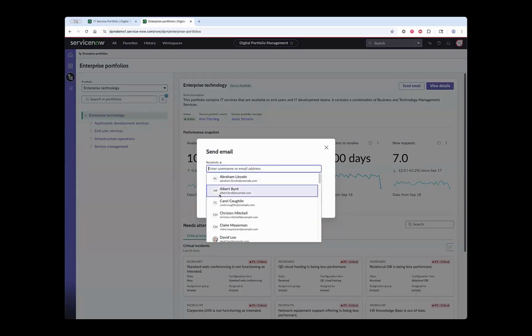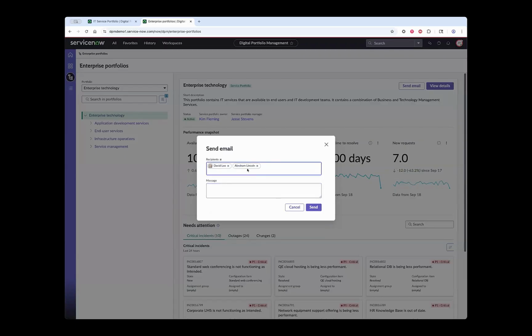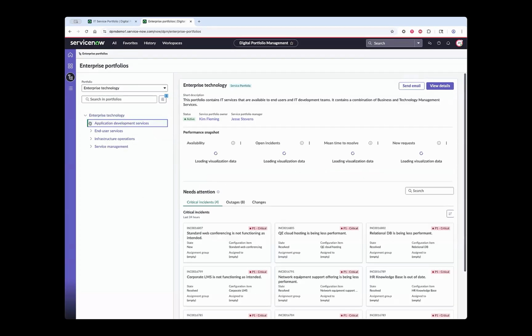So you can set in different recipients. You can set in multiple folks as well. Let's bring in David, let's bring in Abraham. You can send in any message to them like, hey, can you check out the incidents that are happening? Any message that is relevant to you at that stage, and you can send that email out. So they are going to be able to see this entire performance snapshot, and you can send this at different